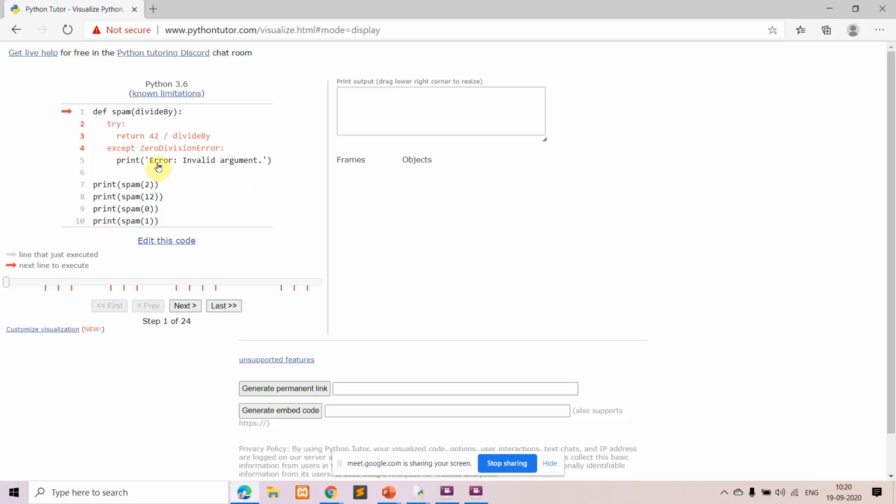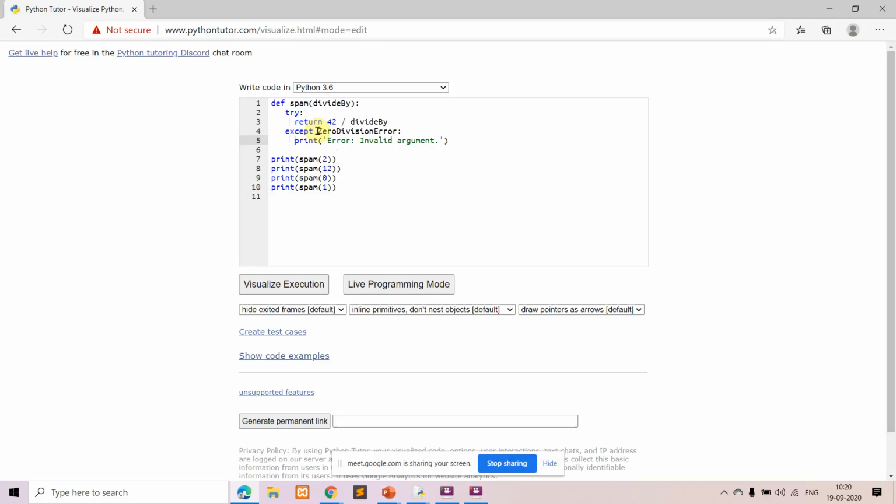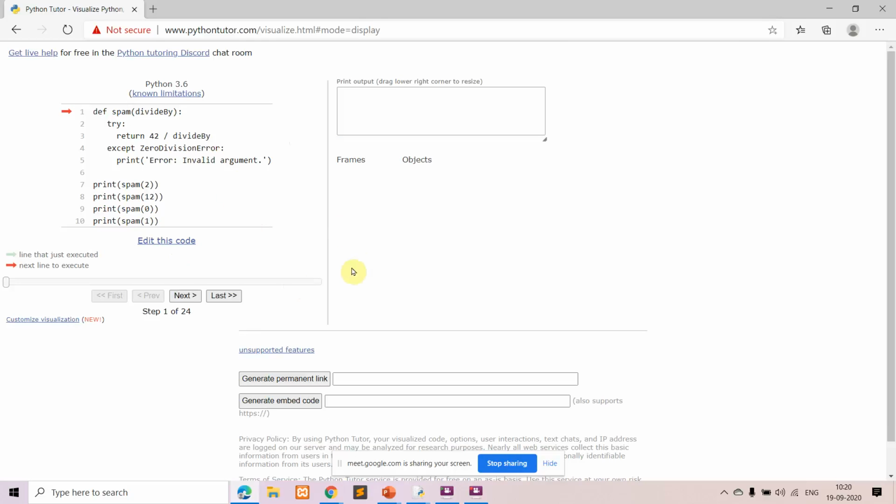So anything you can write inside this, but we are just telling that in case there is any error of this kind, how to handle it? You can handle it by using try and except statements. Any code which you feel might raise an error, you write inside the try block, and the corresponding handling part you write in the except block. So this is about the try and except statements you have in Python. This is equivalent to the try and catch block which you have already learned in C++.